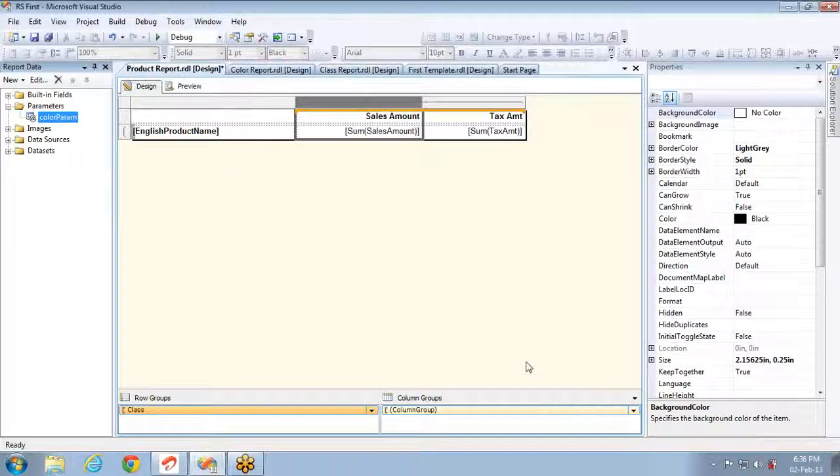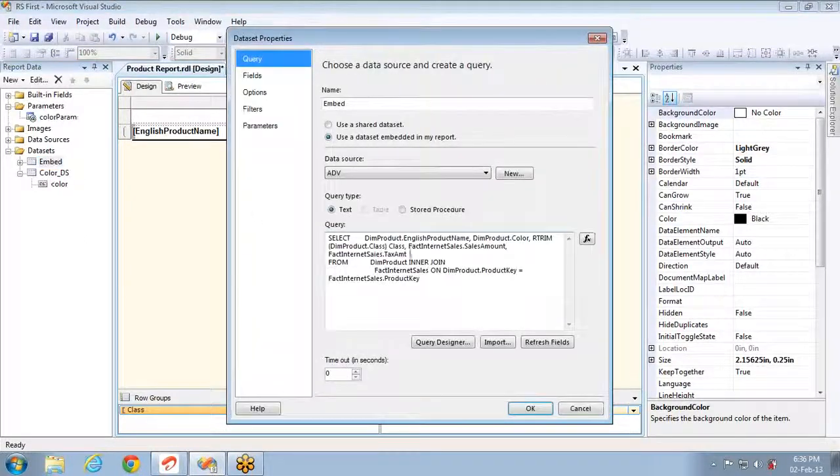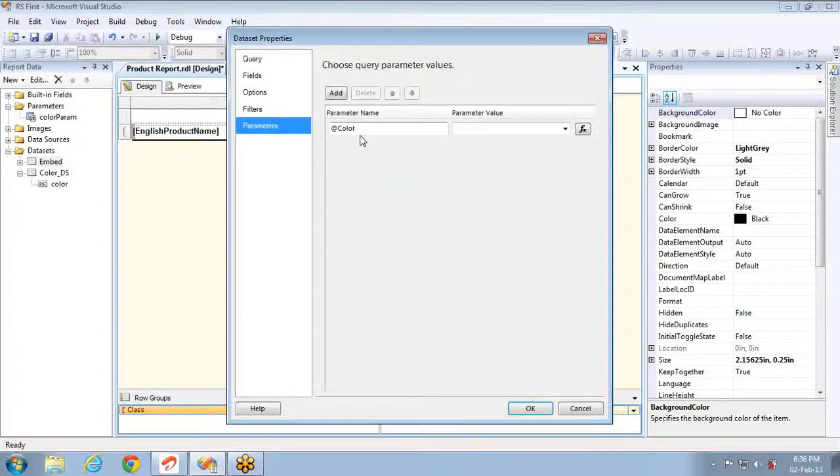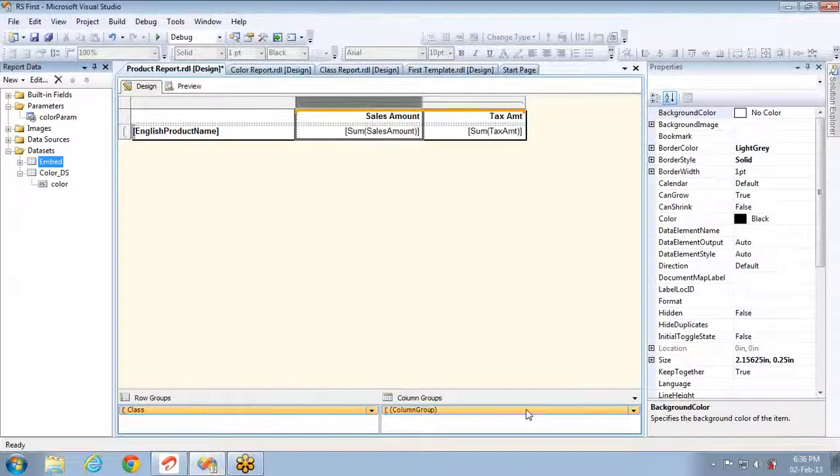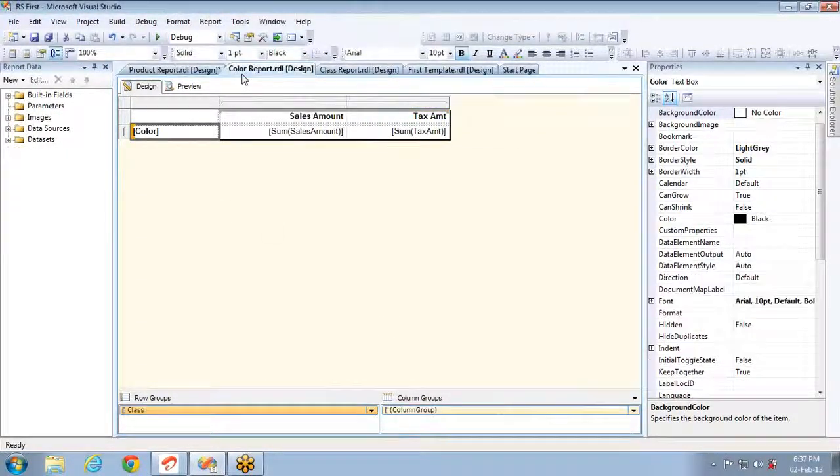I just created a parameter called @color para. The next thing I have to do here is filter the data where color in @color para. We don't need equal to here as we are not passing multiple values. Now the third step is mapping these two, the report parameter and the query parameter. This is done for the product report. The color report should be filtered based on the class that I select.